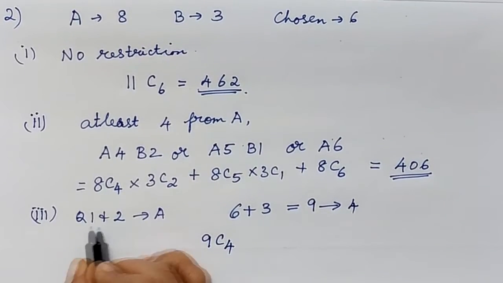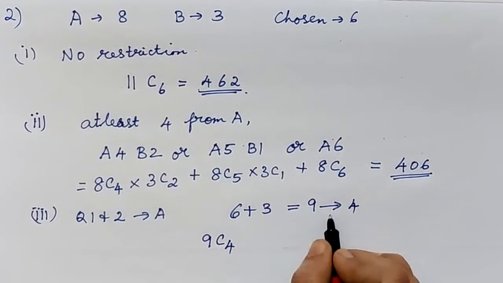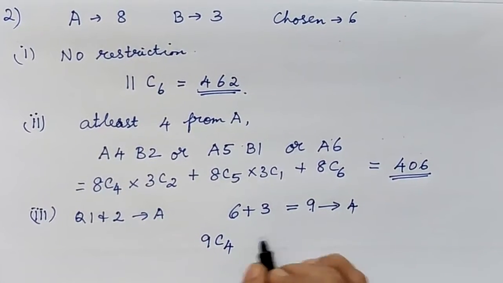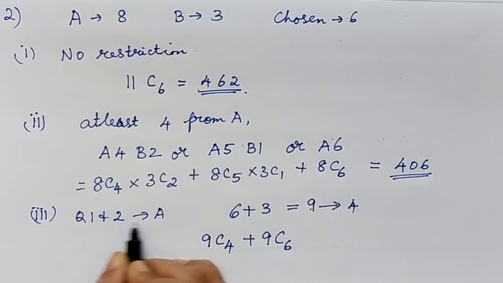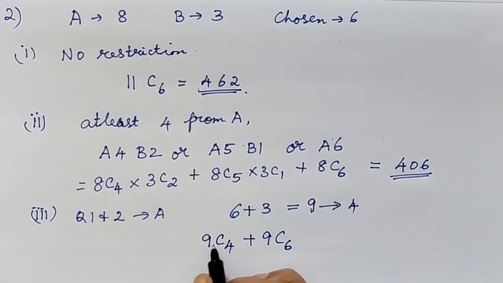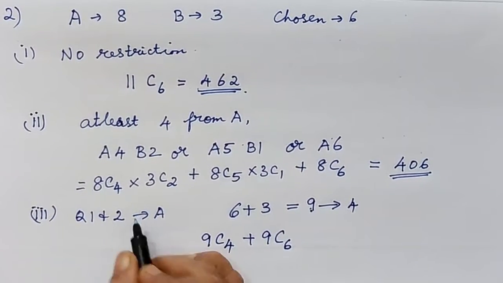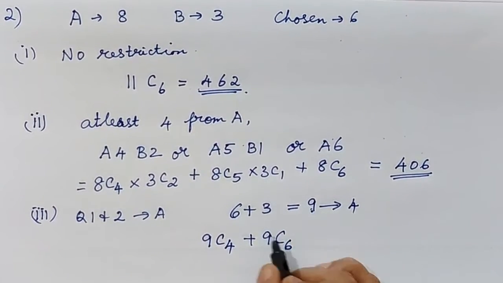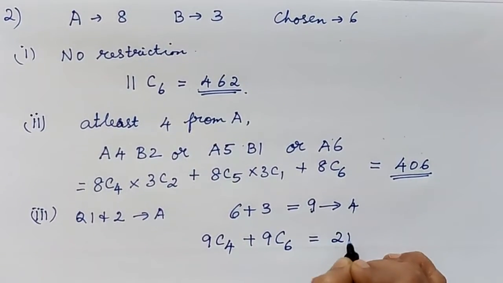This has to happen, or we will not select these 2 questions. So in the rest of these 9 questions, we'll select 6 questions. So 9C6. That is, here we have chosen in part A 1 and 2. So the rest of the questions are 9. So in that, 4 more questions to be selected. So 9C4. Then, if you are not selecting the first 2 questions, from the rest of the 9 questions, we can select 6 questions. So, this will be equal to 210.